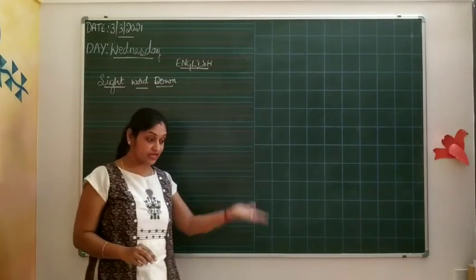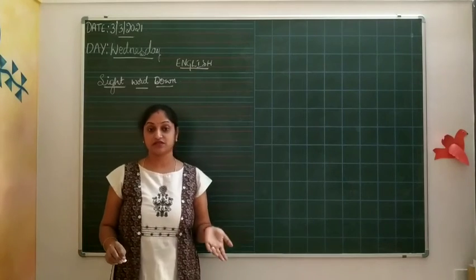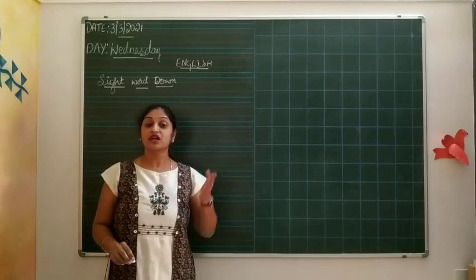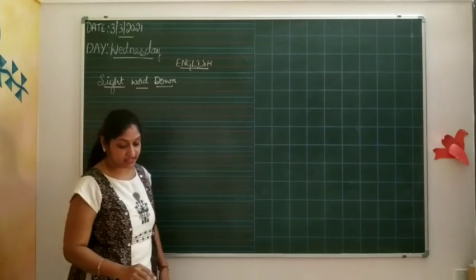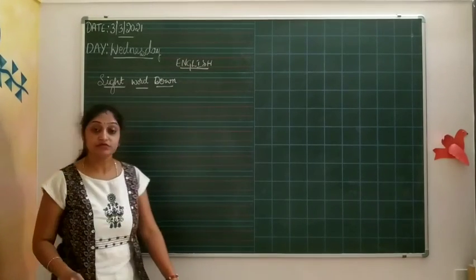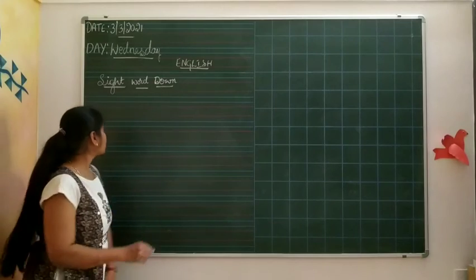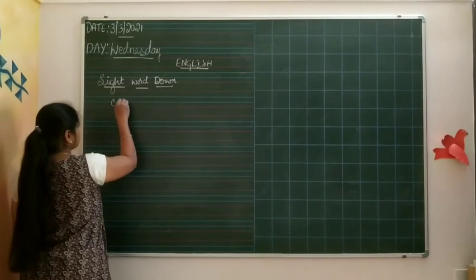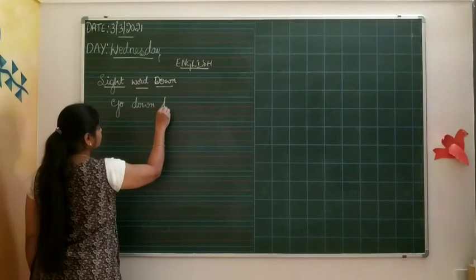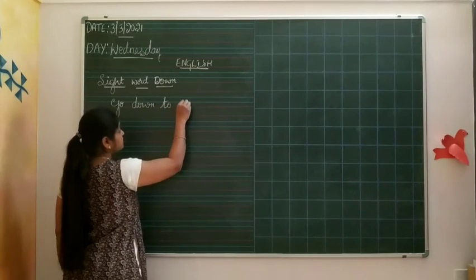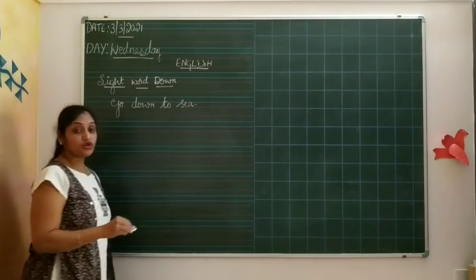Down, what does it mean? Down. Down to the earth. What do you get? You get roots. Down to the chair. What do you get? You get objects in that, like that. Okay. I'll write some sentences. Okay. Go down to earth. Go down to sea. Okay. Go down to sea.